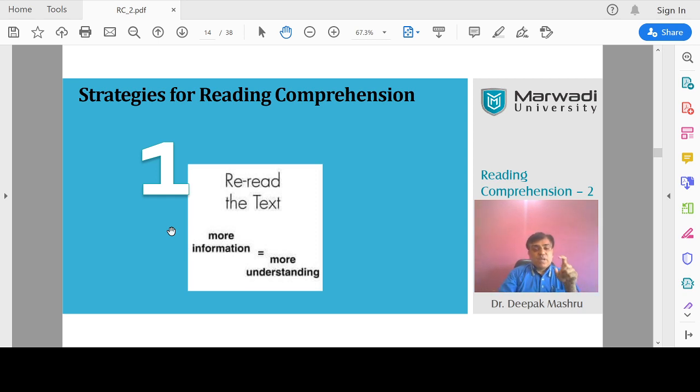So here it has been mentioned that more information is equal to more understanding, right? That means if you have more knowledge about all the areas, it depends on your